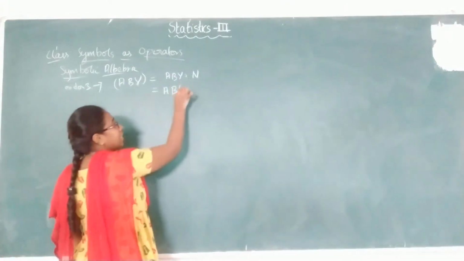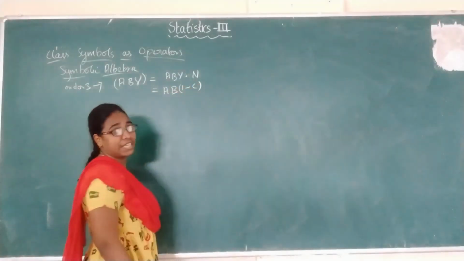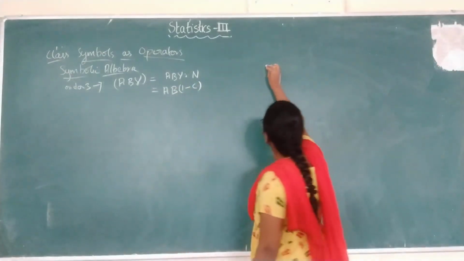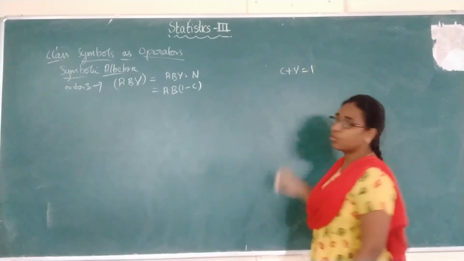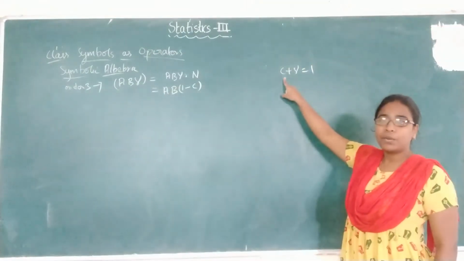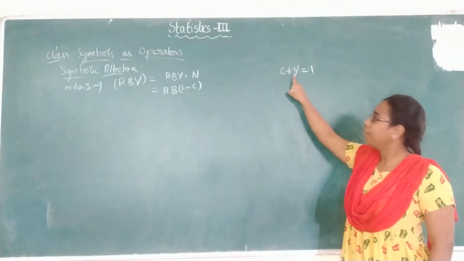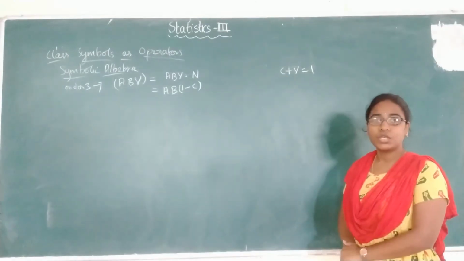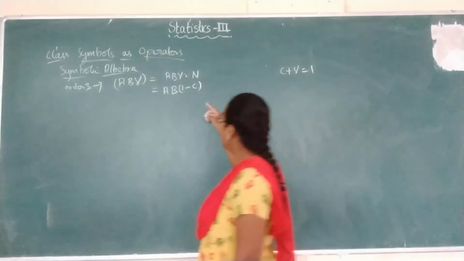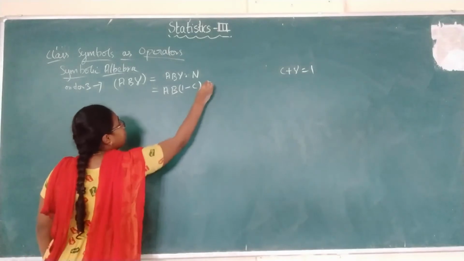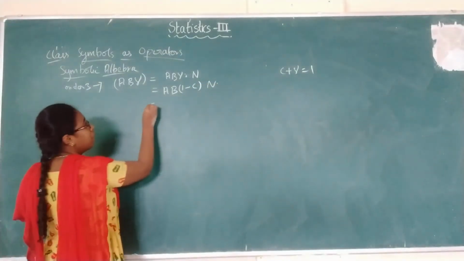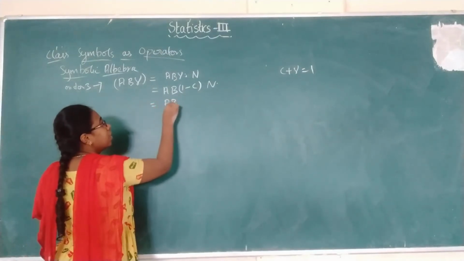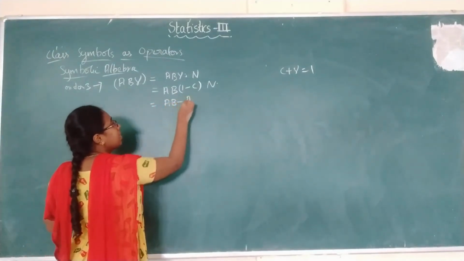Gamma is nothing but 1 minus C, so here also you get the condition C plus gamma equals 1. C is a positive attribute, and gamma is its complementary. Now if you multiply these terms, what will you get? AB minus ABC